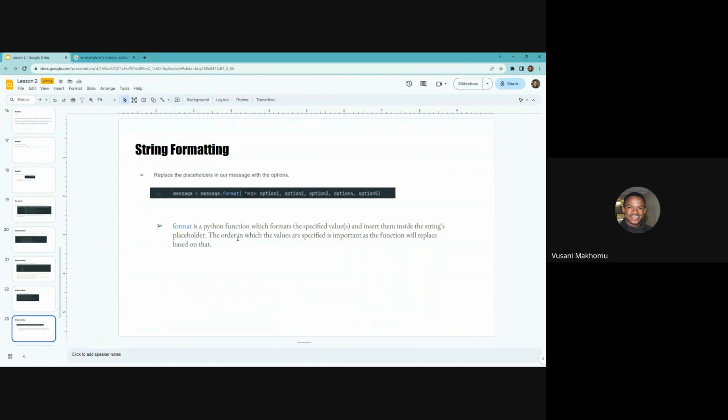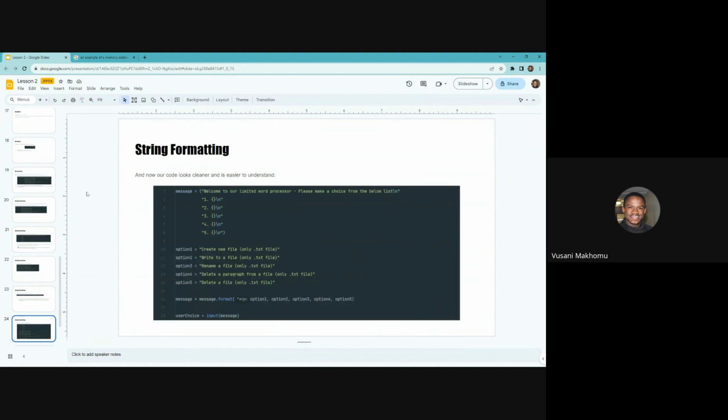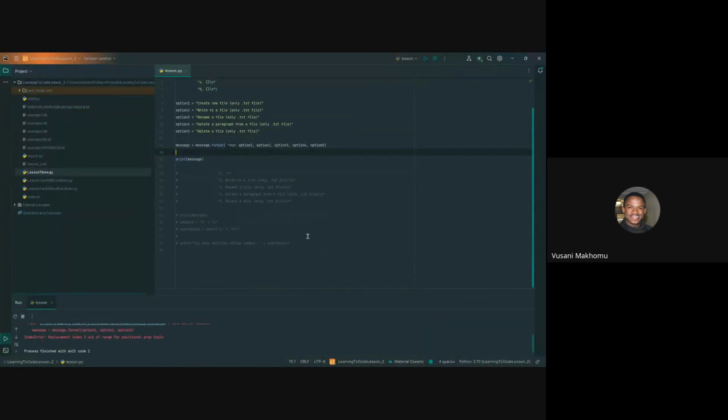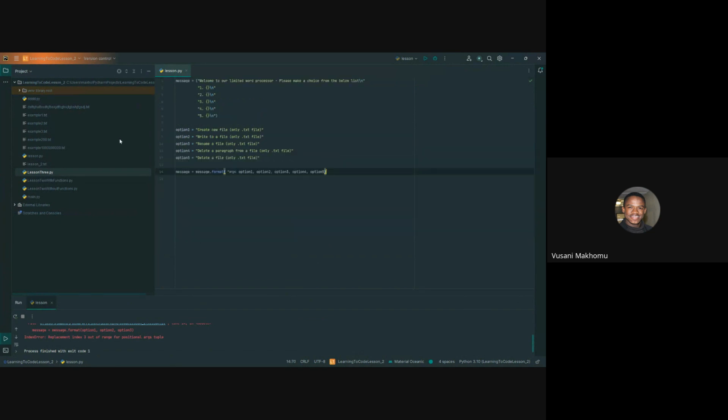Okay, so format is a Python function which formats the specified values and sets them inside the string's placeholder. The order in which the values are specified is important, as the function will replace based on that. So this is what our code is supposed to look like. I think it looks clean. Yeah, that's what we have now. So when we run it,